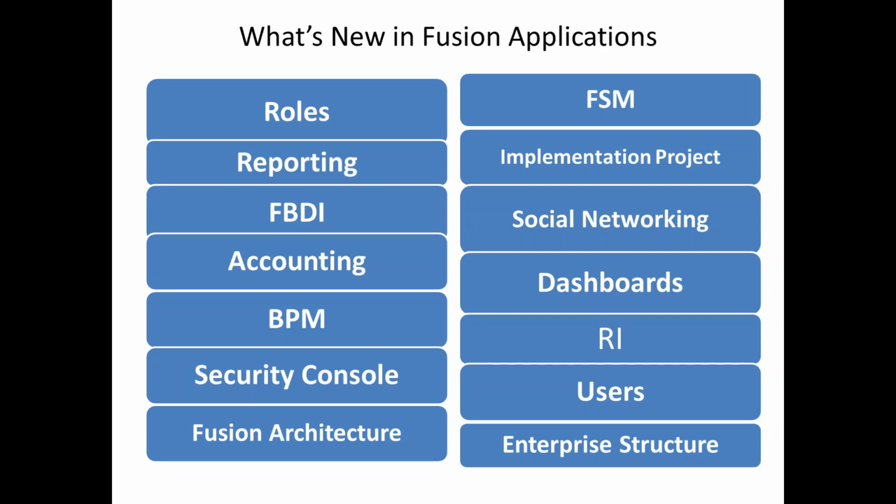Along with that, in the GL application, we have Hyperion Financial Reporting also. Hyperion reporting is available as part of the Fusion General Ledger application as an inbuilt solution. You do not need to take a separate license for Hyperion reporting. That means in Fusion applications, we have BI reports, OTBA reports, and Hyperion Financial Reporting available as inbuilt functionality. Hyperion Financial Reporting is limited only to GL, while OTBI and BI are available for all the applications.